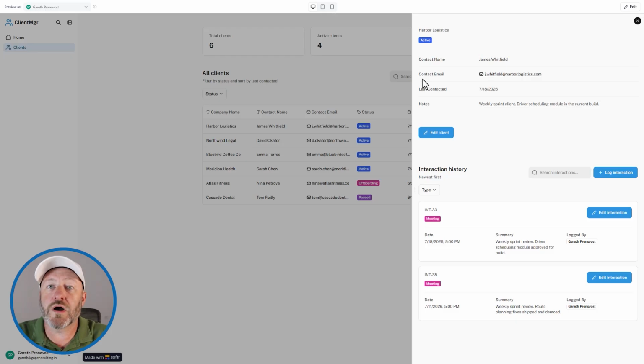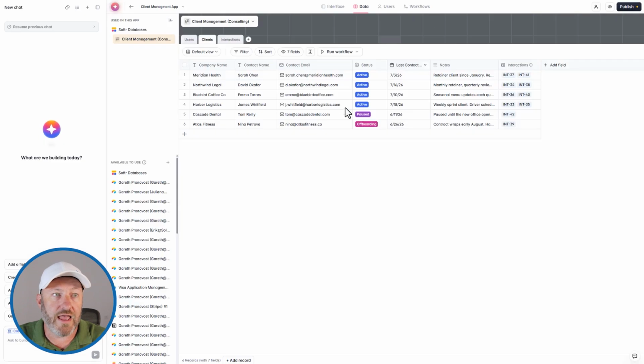Within that interaction, we want certain information to be pre-filled, like the type of interaction being a call, and we want the dates to be filled out with the current date and time. In order to do this, we need to use the co-builder to build us a workflow. So let's go back away from our preview, back into the actual application itself, and we are going to build